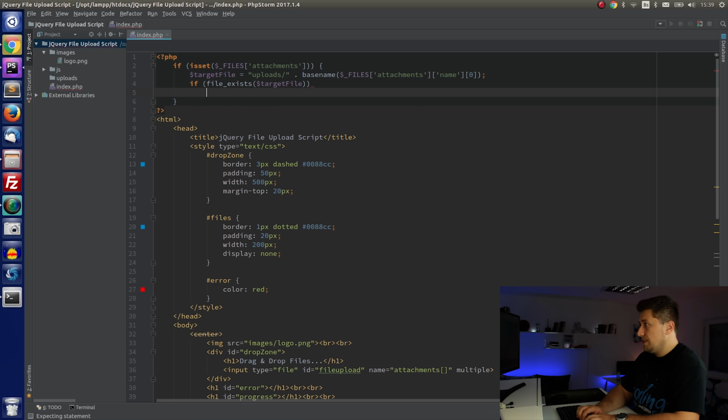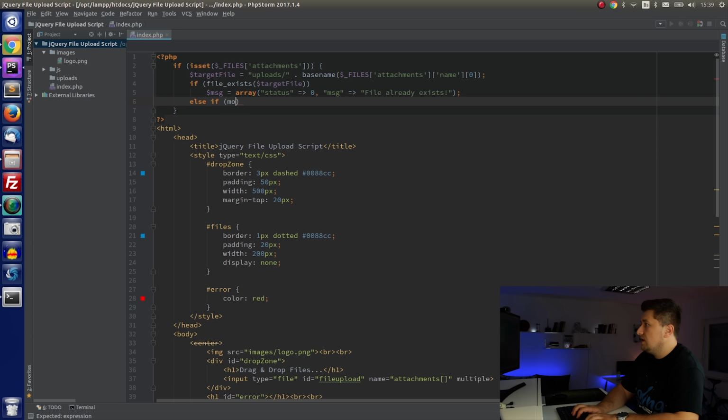And after that I will check if file exists, target file. We will say our message will be, which will represent the response. I will say status 0, and the reason message, I will say file already exists. Else if move uploaded file, which means if we successfully move the file from the temporary location to our upload folders,